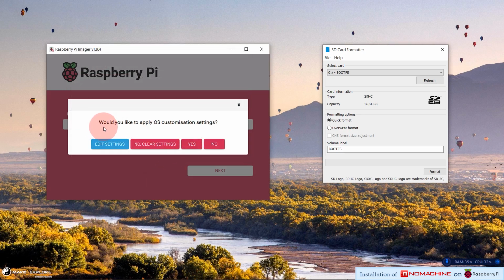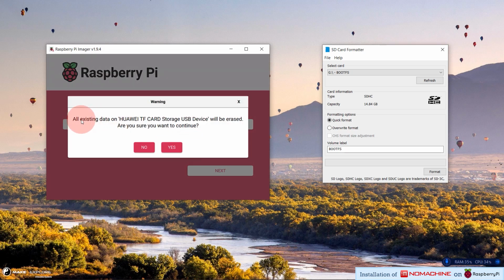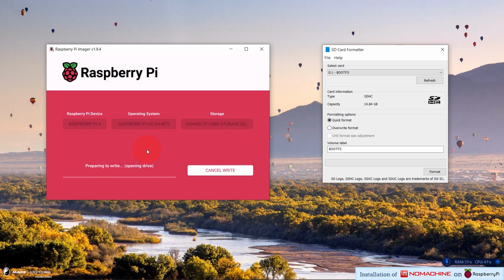And next is to apply the OS customization settings, click on yes, and then it will again ask you if you want to format the SD card. Click on yes, and then the flashing process will get start, and once it get completed, your OS will be